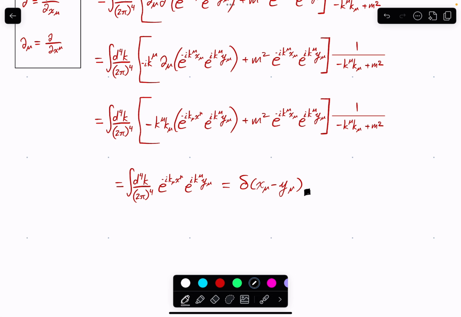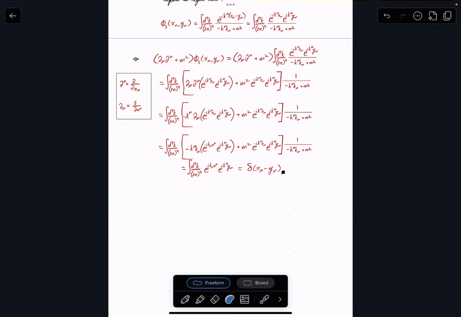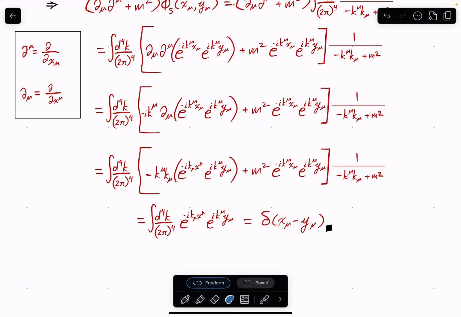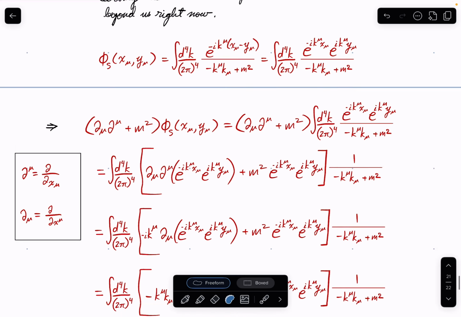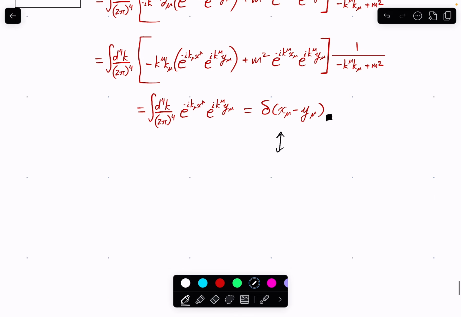This is exactly how it solves the inhomogeneous Klein-Gordon equation. So notice that here, this is very precise in space. So to be precise in space, you must